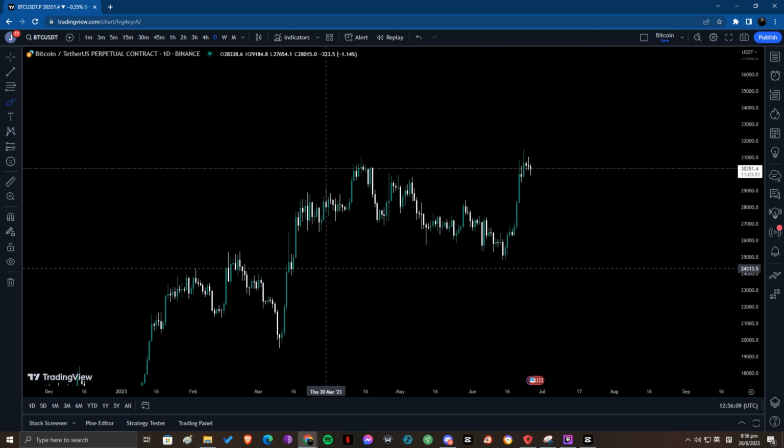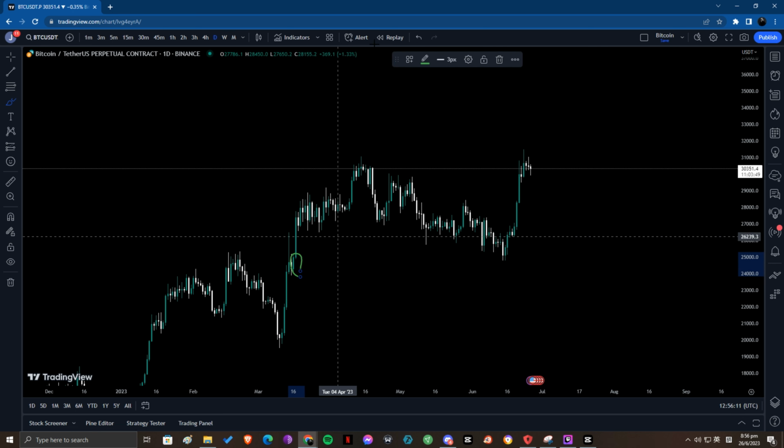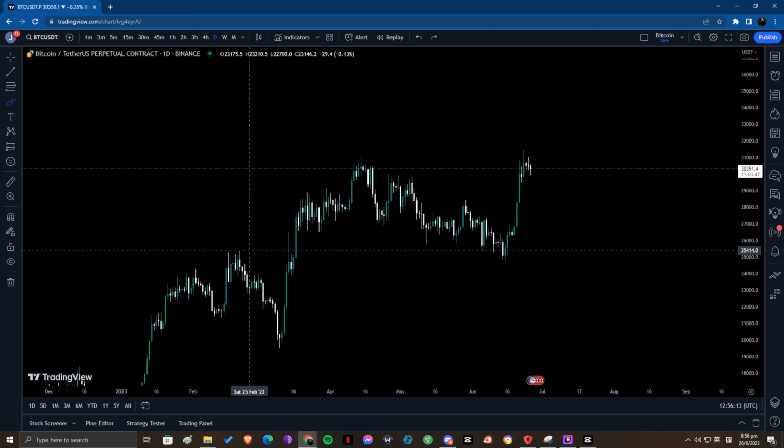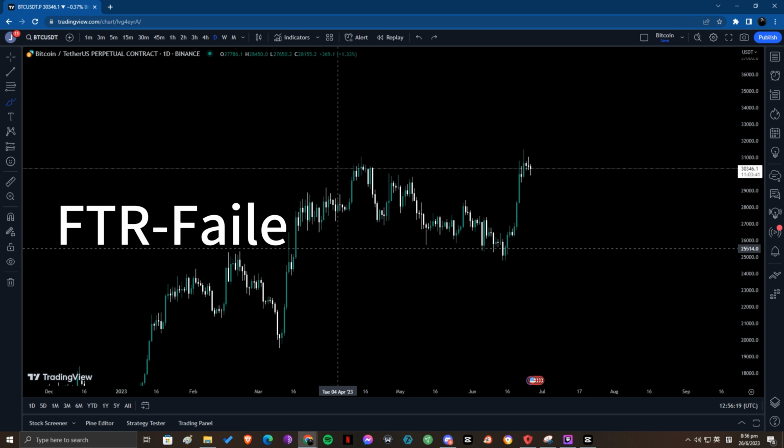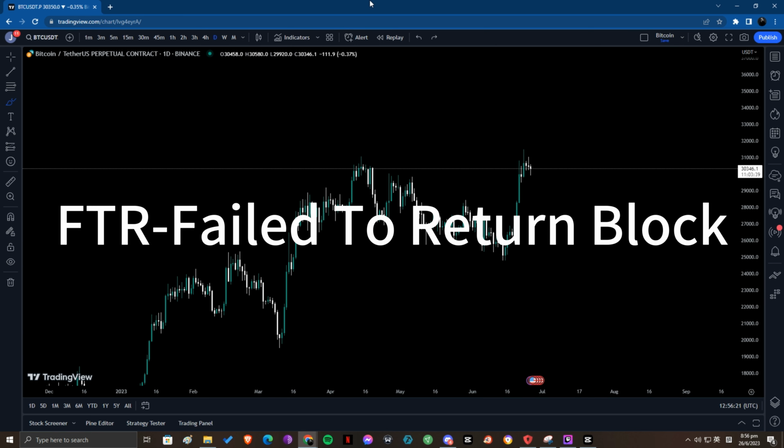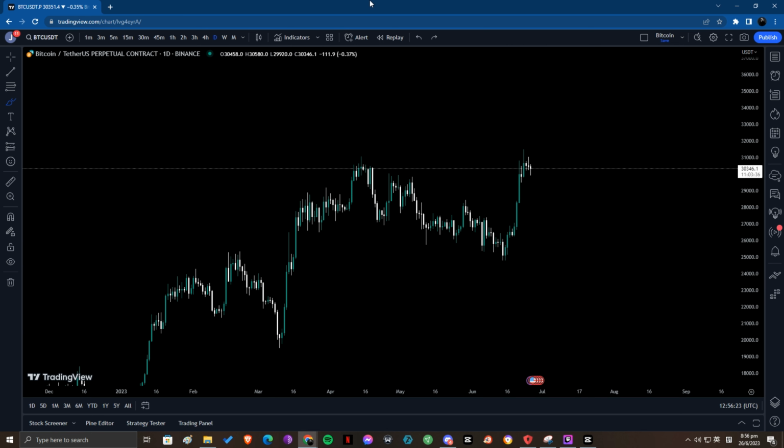Okay, does this candle have a body? Yes. Does it have a wick? Yes. Do you consider this a weak order block? Not really, because it's also considered another order block. It's called the failed to return block. Now, of course, I'm not going to include everything in one video. It's too much to include. But the failed to return block essentially is just one single isolated white candle or red candle, an isolated candle in the middle of a move. That is what we call a potent level.